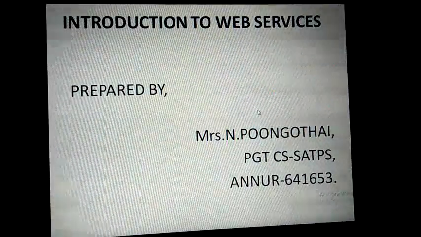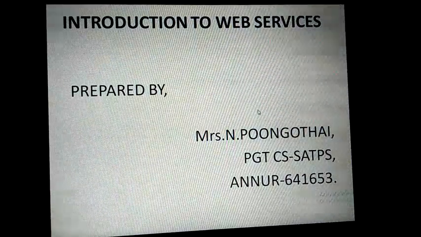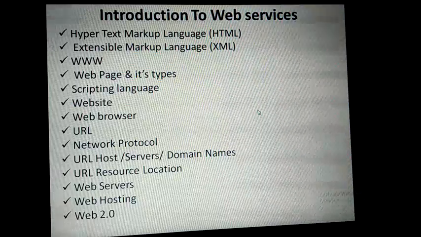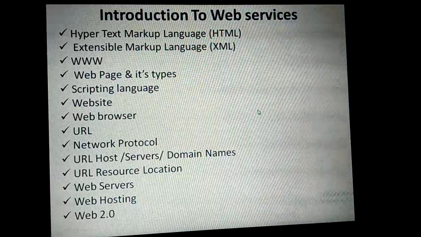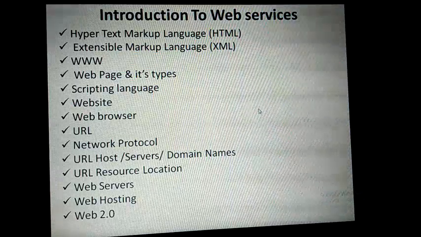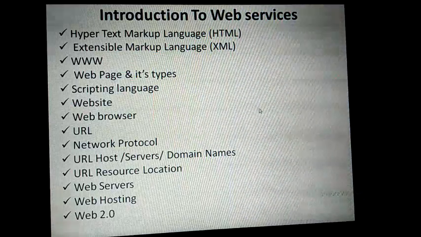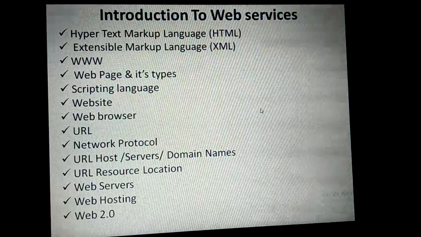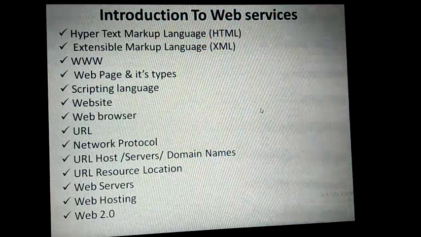Today we are going to discuss the topic called Introduction to Web Services. Under Introduction to Web Services, we are going to see the following topics and subtopics. The first one is Hypertext Markup Language and the second one is Extensible Markup Language. These are the languages which are used for creating websites and the WWW, World Wide Web, and then web